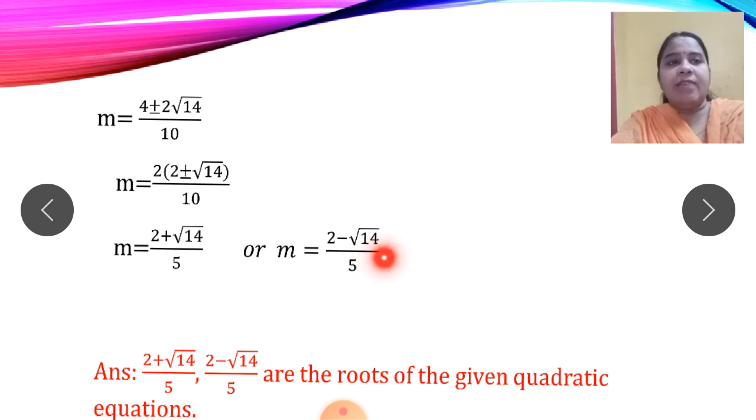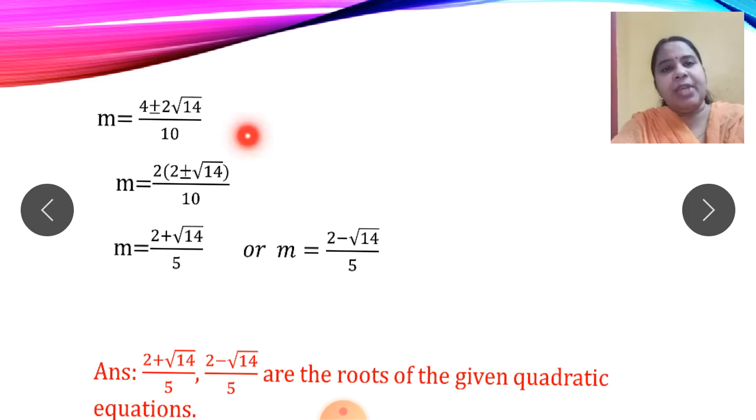So now I will separate the two values. It will be 2 plus root 14 upon 5, 2 minus root 14 upon 5. I hope you have understood this step. See, once this is written, what is to be done compulsorily? Do not start cancelling directly like this. Take common from the numerator. Once common is taken, you can cancel it. 2 1s are and 2 5s are. What is left here is 2 plus or minus root 14 upon 5.